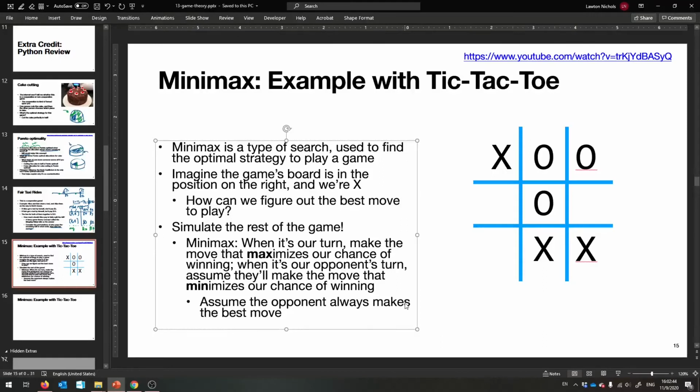So the idea is, if we assume we have the best possible opponent, we can play the game out, and we can see how well we do in each case. Like, if we put the X here, how well do we do? If we were to instead put the X here, how well do we do? Then the O could go here or here. Just find out all the different ways we could play this game. And remember that our opponent is going to want to win as well. So there's a give and take between the opponent minimizing our chances and us trying to maximize our chances. And so that's why we call it Minimax.